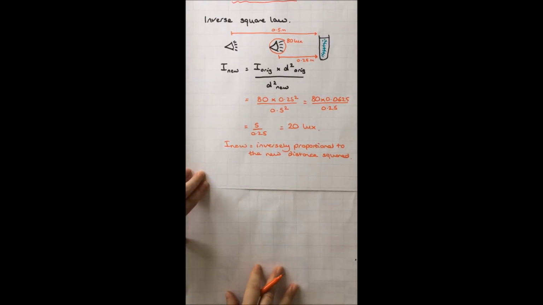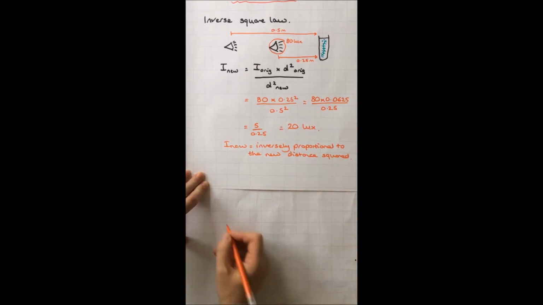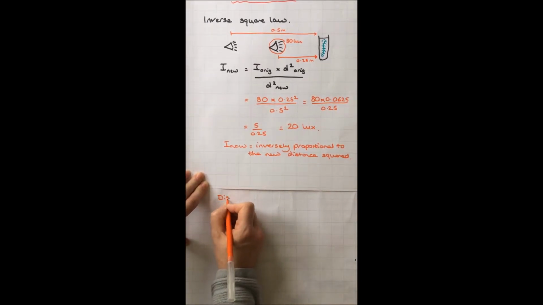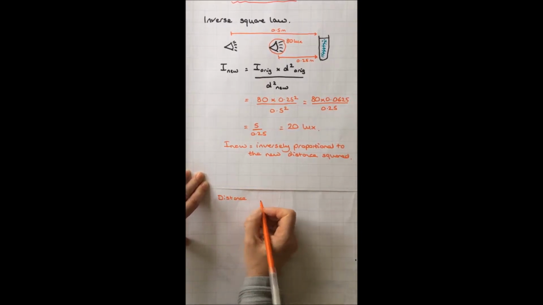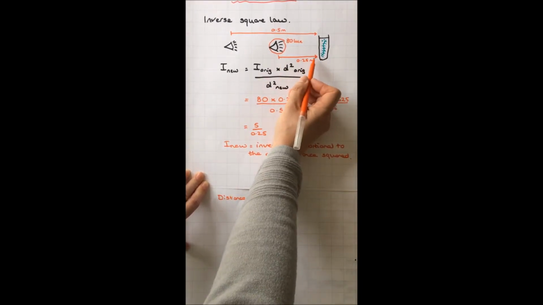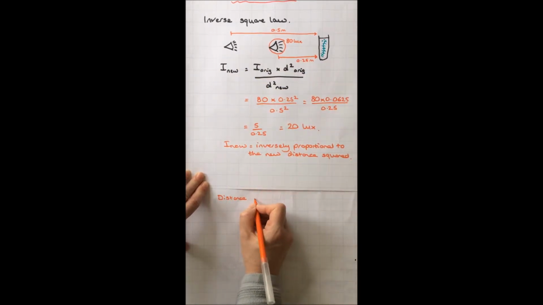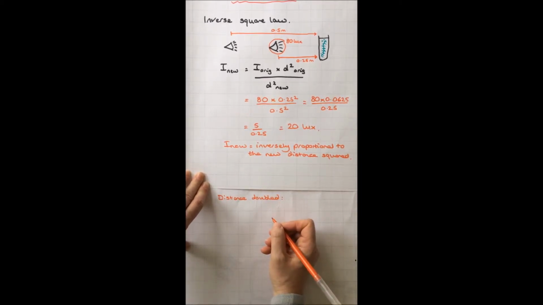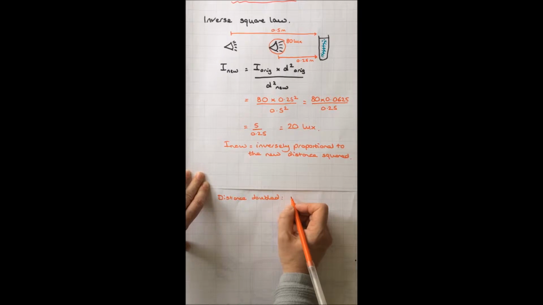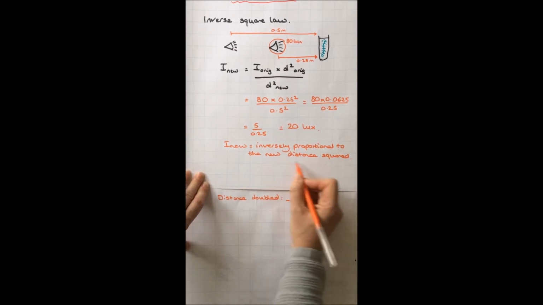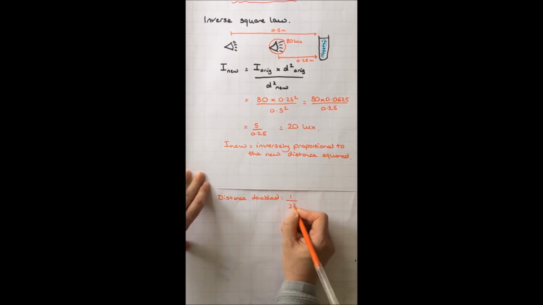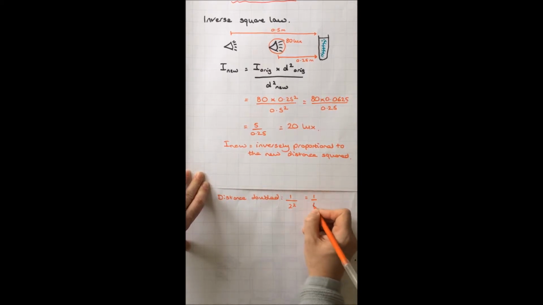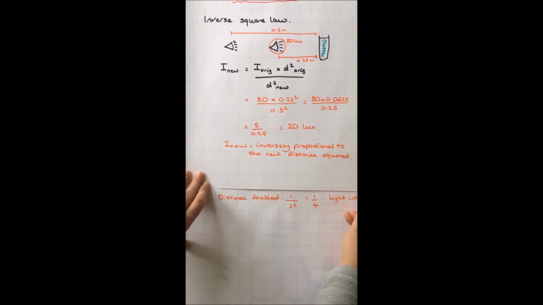Okay, so let's have a look at an example of what this means in practice. If I have my lamp and I double the distance from the plant, like I did with this one here, my light intensity changes inversely proportional to the new distance squared. Inversely proportional means 1 divided by the new distance squared, so I've doubled it, so it would be 2 squared, which gives me a quarter. So that means my light intensity is now a quarter of